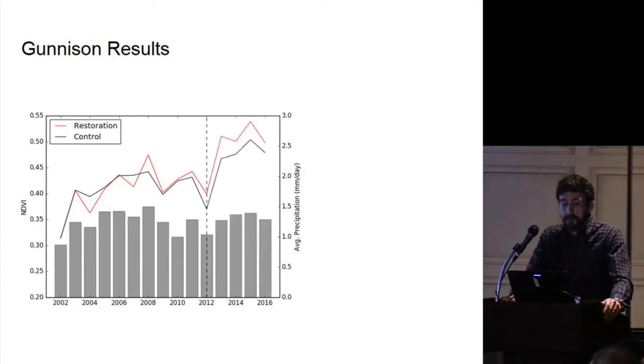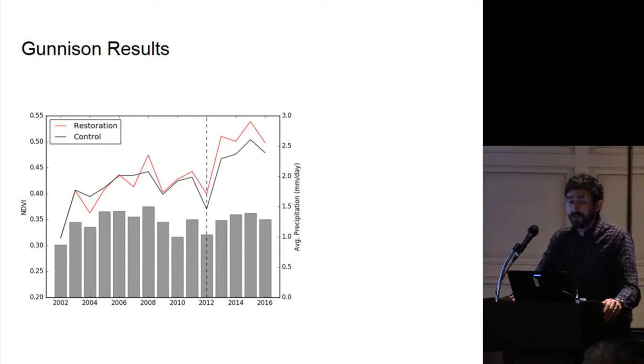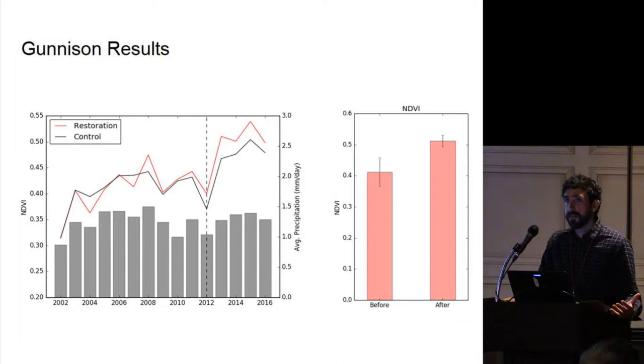After restoration, you can see a jump in both the controlled and the restored sites, but a bigger jump in the restored sites. And we've seen some of those on-the-ground photos of what that looks like. So from a NDVI perspective, when you look at the similar precipitation years before and after restoration,